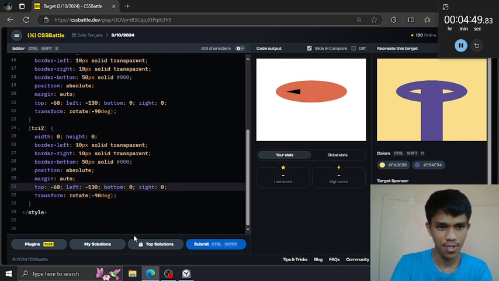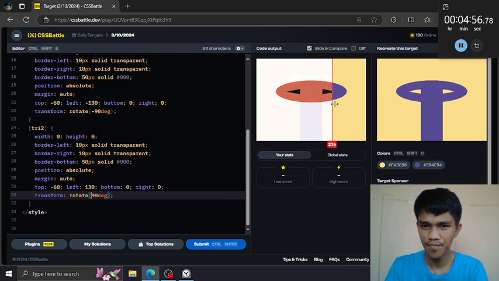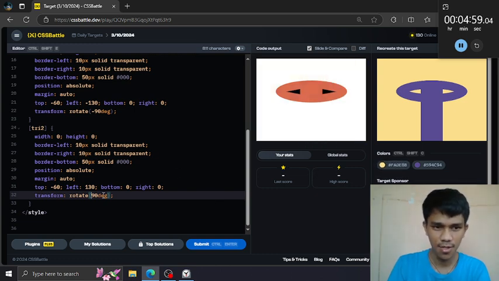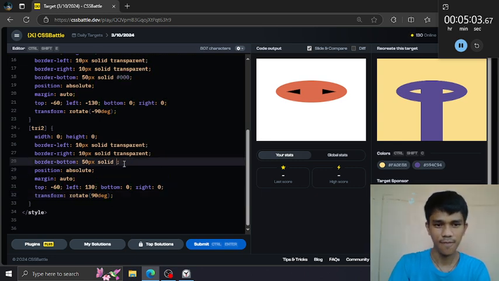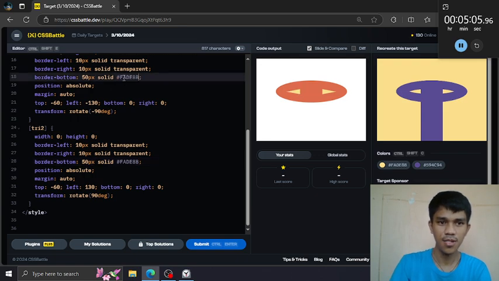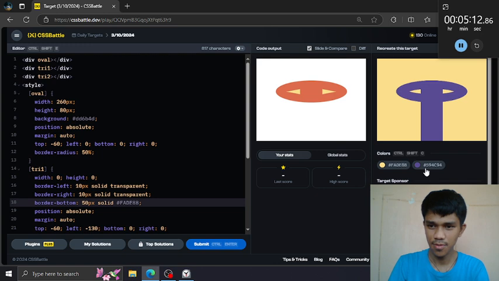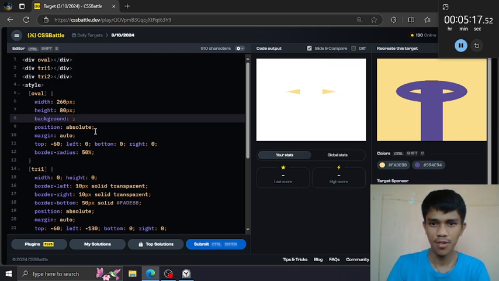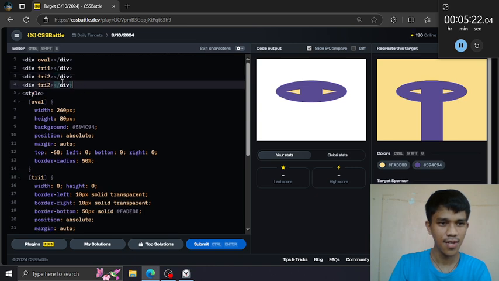This would sit on the right side, so positive value, and rotate this positive 90 degrees. Then the color is this yellow, the color of the background. Wait, where's that? Here. Instead of black, let's put this here. And lastly is this post here. So let me change the color of the oval first. So last element is the post.